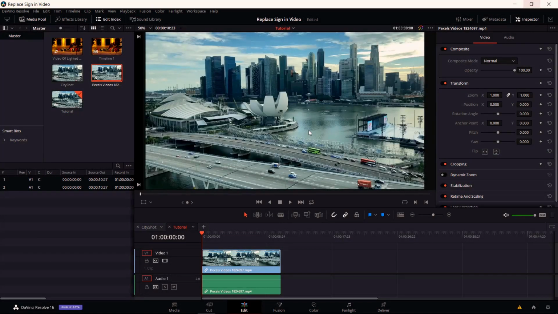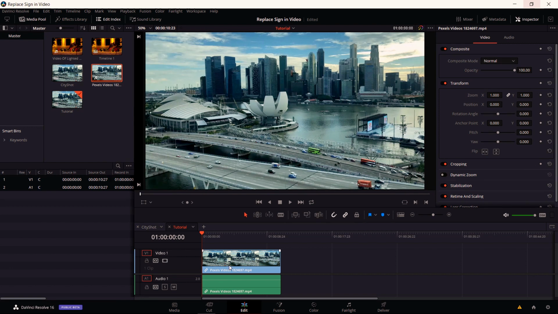Hello everybody, Chris here, and in this video I'm going to be showing you guys how you can write text on the side of a building even in a moving shot using a combination of 3D text tools and the Planner Tracker node. So in order to use these fancy 3D effects, we should go over to the Fusion tab,